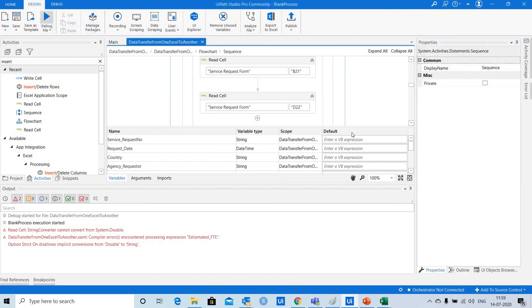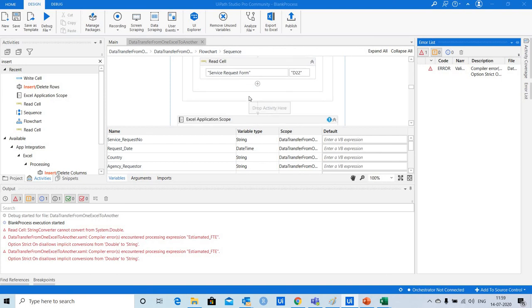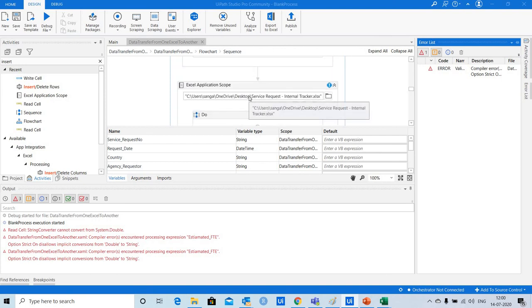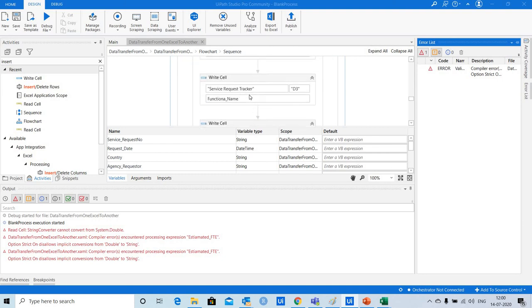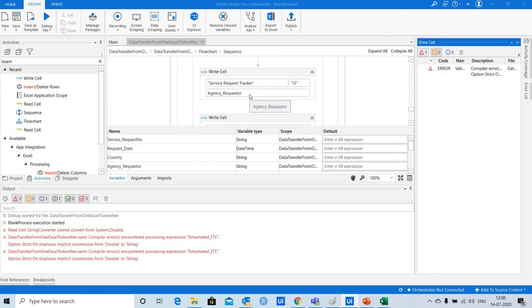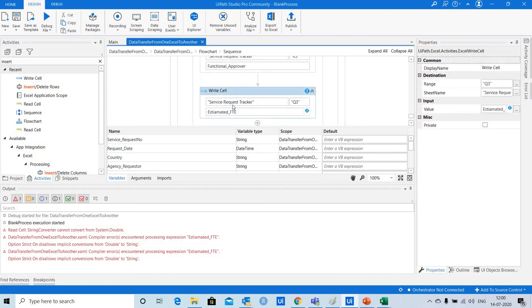Okay. Again, while writing this estimated FTE data in internal service tracker file, we need to change that variable to string. So let's go back to the estimated FTE activity. That is the write cell activity here.